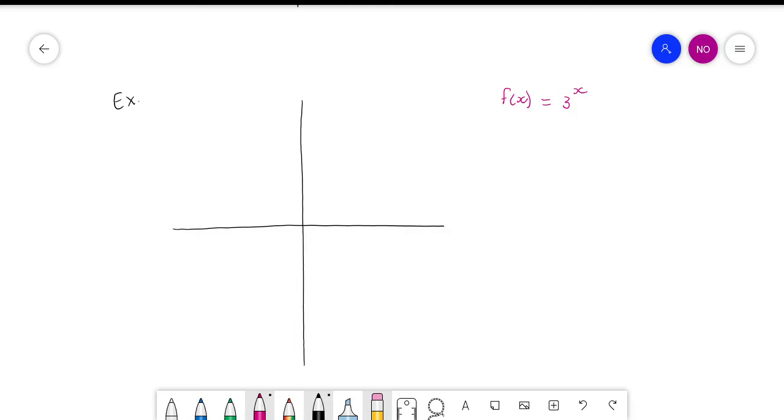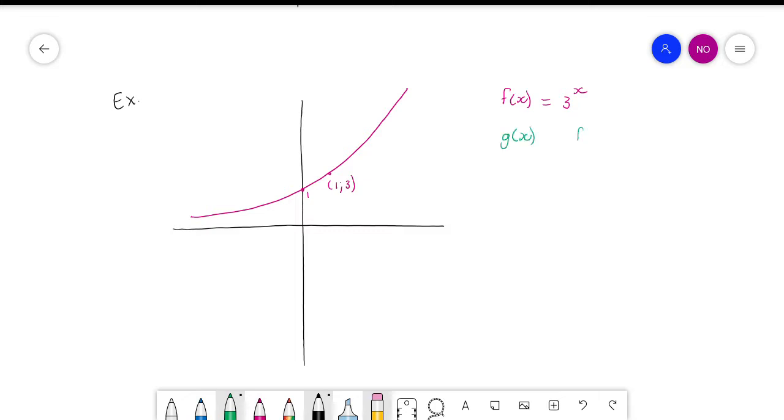Okay. You should start knowing by now that that means the ascending function cuts there. And let's just put one other point on it as well. Just 1 and 3. And while we are here, I'm going to revise some of the rules for reflections. Because I think you haven't done this in a long time. Okay, so they give us that and then they ask us to draw g of x if g of x